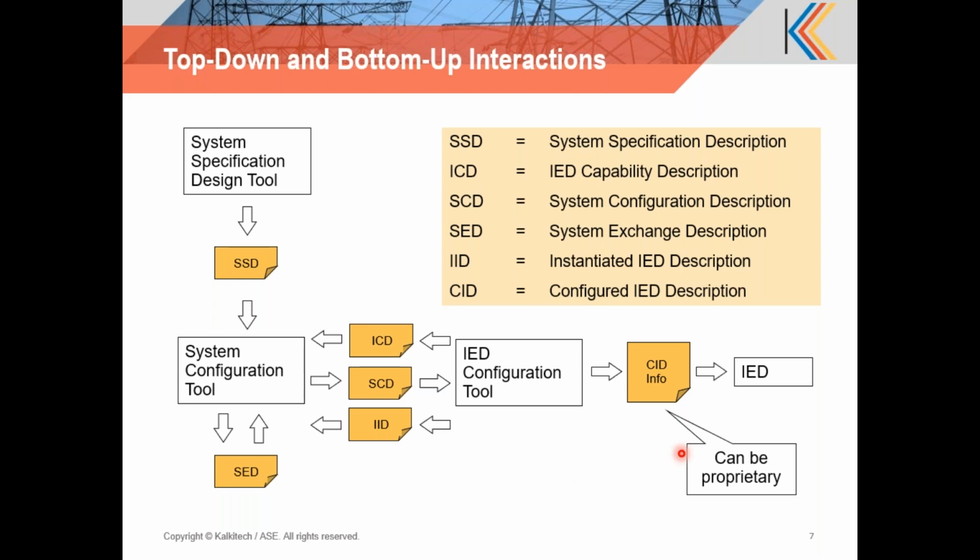So let's take another look at another view of the top-down and bottom-up process along with all the file types. The top-down flow from the system specification tool comes first, that is the SSD file, which is imported by the system configuration tool. The system configuration tool solicits ICD files, maps the functions from the SSD to the ICD, and performs all the configuration, including signal mapping between IED to IED and IED to the client. And then it exports an SCD file, and the SCD file is used by the IED configuration tool to program